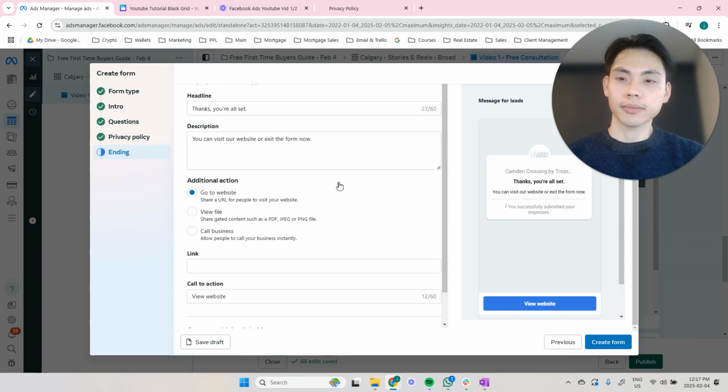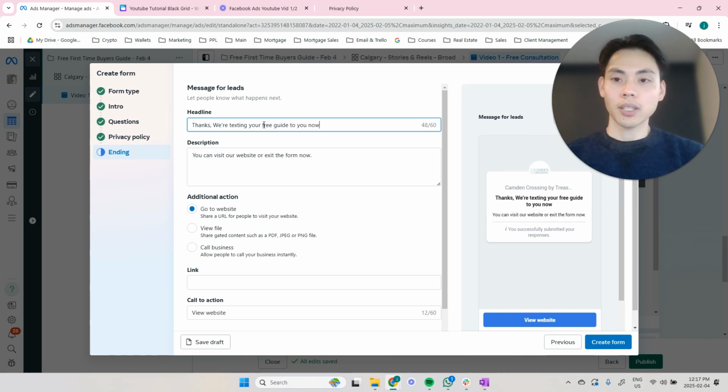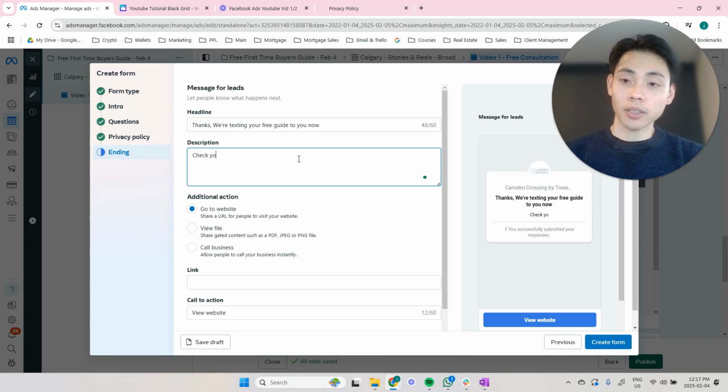So go to next. Okay, so this is really important. Don't leave this at "thanks, you're all set," because now they're like, all right, everything's good. So you always want to talk about next steps. So you can say like, thanks, we're texting your free guide to you now. And then in the description, check your phone. We're also sending you bonus